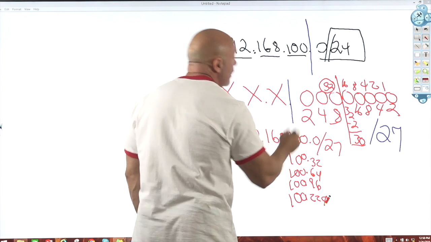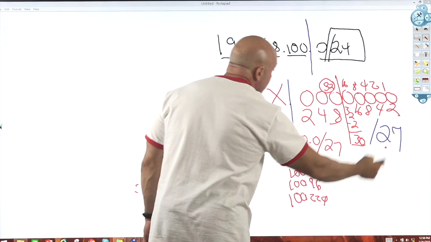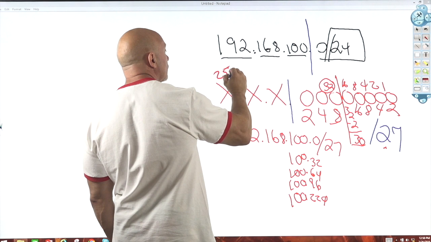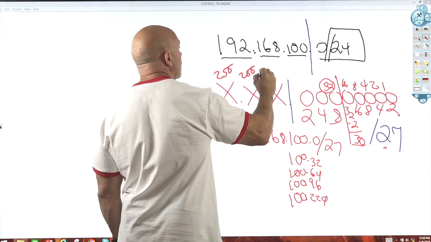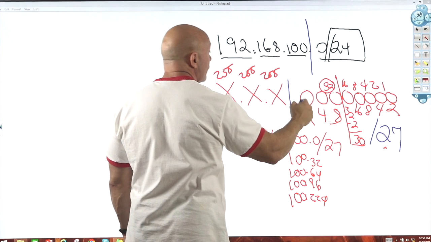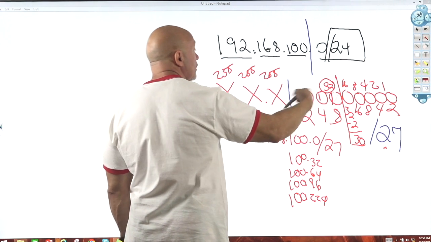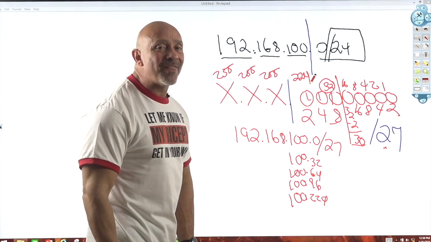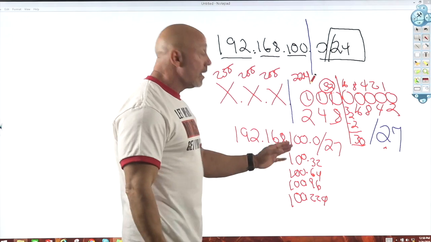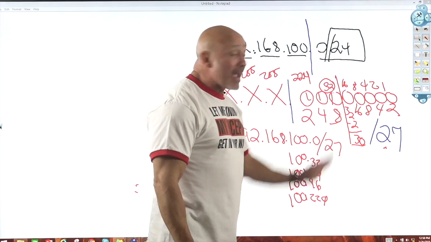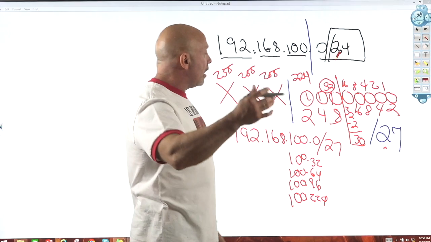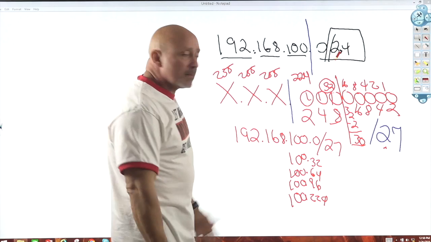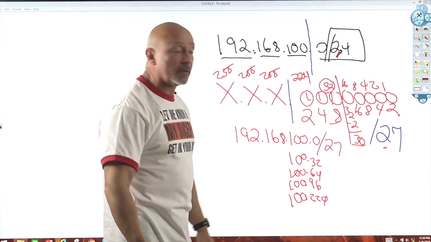Because your mask, if you were to add this side of 27, you know what that means? That means 255, 255, 255. And if you add the bits that are on, which are these three, it's 224. And that is always the case. If you look at what your mask is, if you add all the bits that are on, that's going to be your mask, and that's going to be your last network.